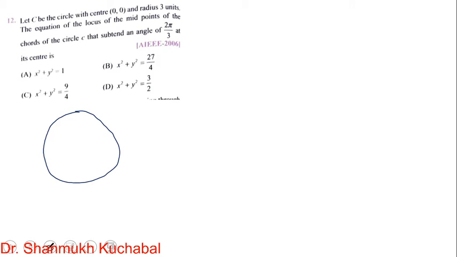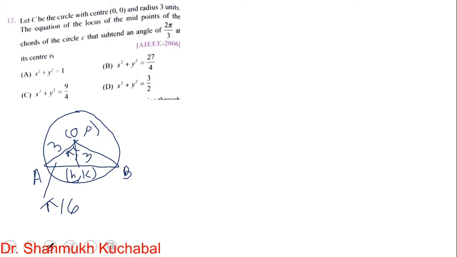So this is a circle, here is the center, and like this we have a chord. Here (0, 0) is the center, and the midpoint of the chord is (h, k). Here it is A, here it is B, and here it is 3. The angle here is π/3 and this angle is π/6. These are all the basic information.